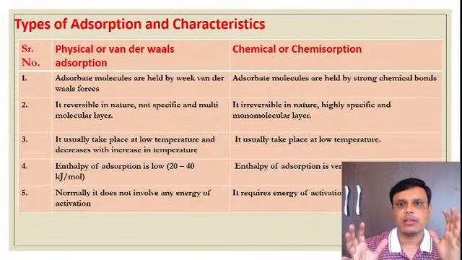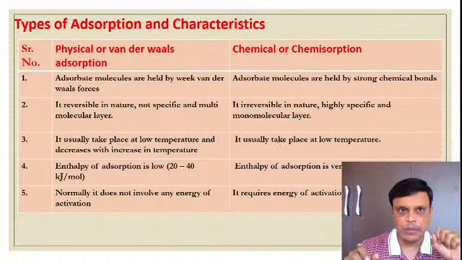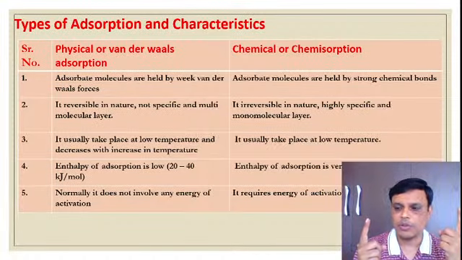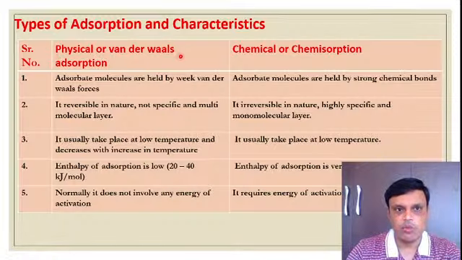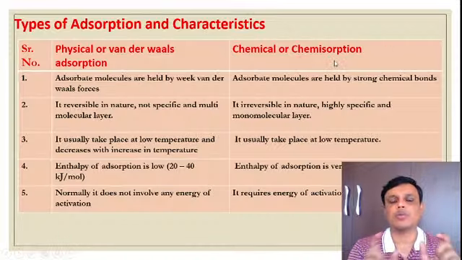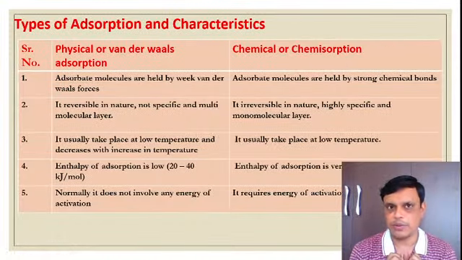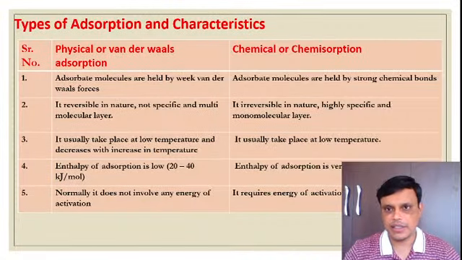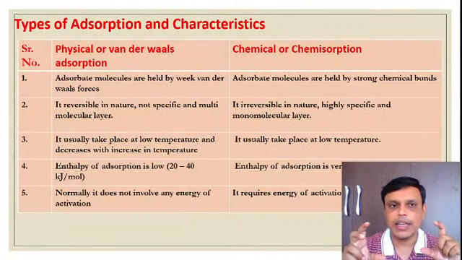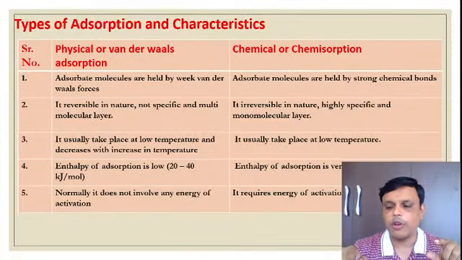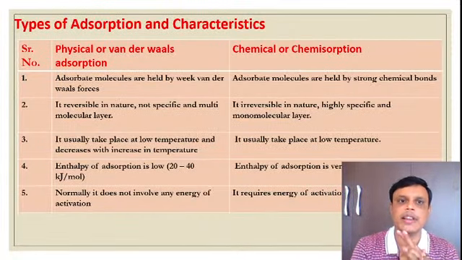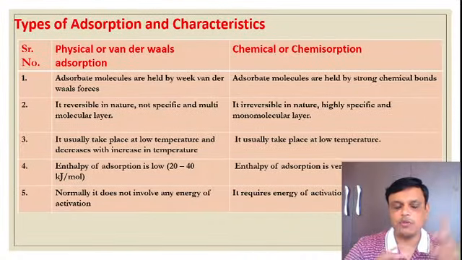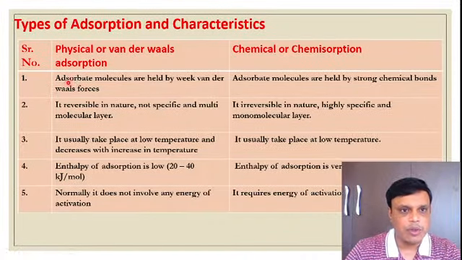So I have, मैंने क्या किया है, जो types है, दो types है. First of all, adsorption के कौन से दो types है? First type is physical, it is also called van der Waal adsorption, and the second type is chemical or chemisorption. These two types are there for adsorption and उसके characteristics है. तो मैंने क्या किया है, टाइम सेव करने के लिए मैंने उसको टेबुलर फॉर्म में लिखा है and we will distinguish them. ठीक है, so in case of physical or van der Waal adsorption, the first point is adsorbate molecules